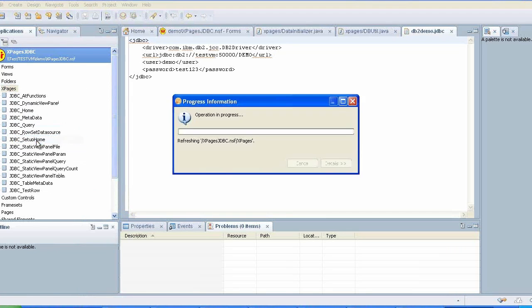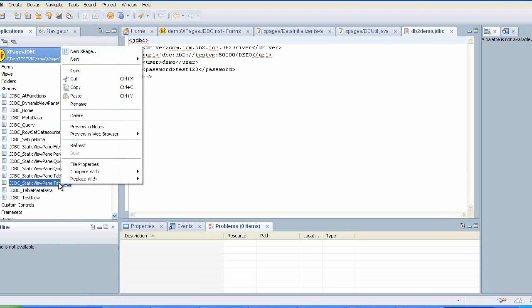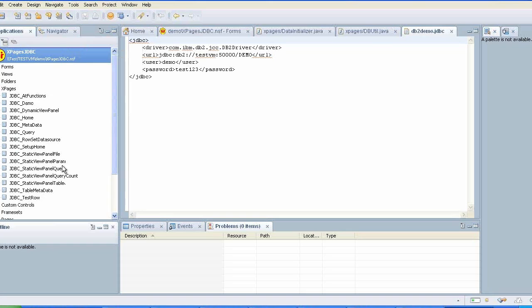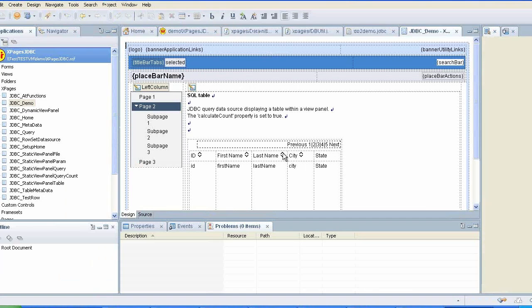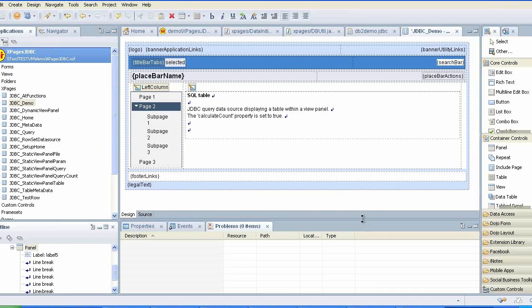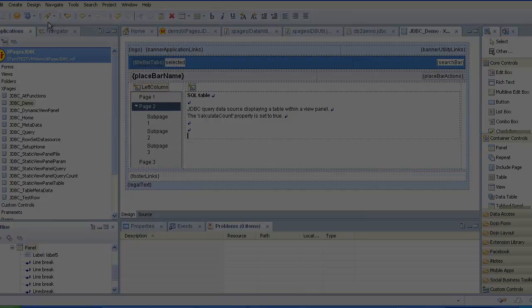Let's do paste. Okay, and now let me rename it. Let's call it demo. Now what I would like to show you is how to create your own view which will utilize one of those available data sources. So now I have just the empty